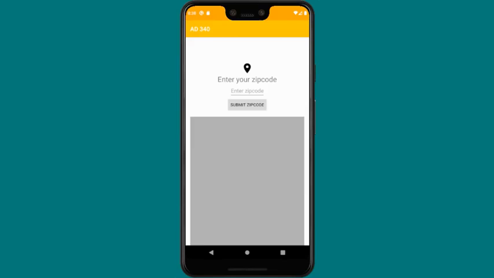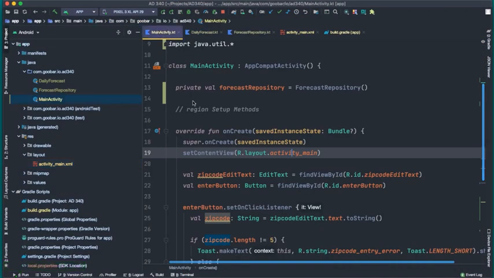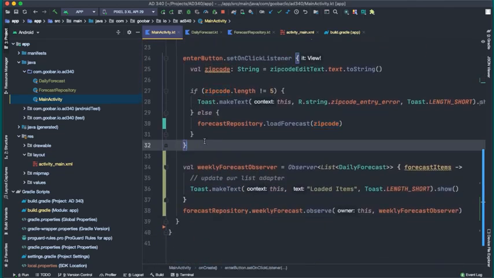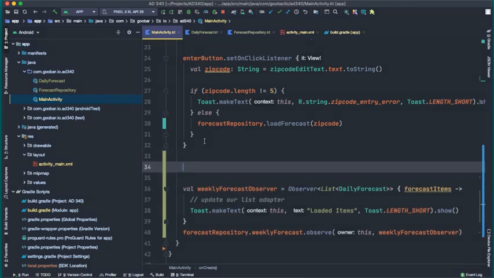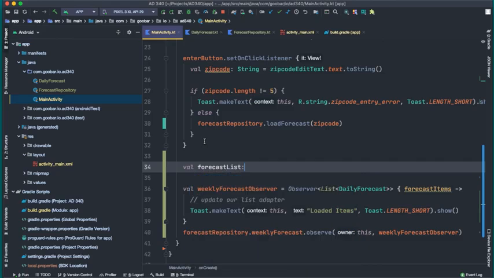Now we're back over in Android Studio, and we're going to go to main activity. And now we're ready to create a reference to our recycler view. So very similar to how we did this for button and edit text last week, we're going to come down here and create a new local variable. So we'll type val forecast list: